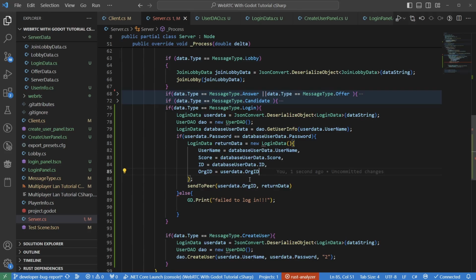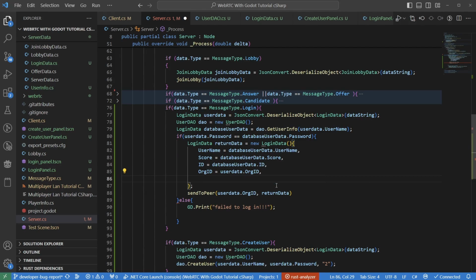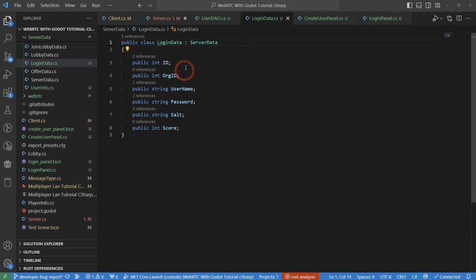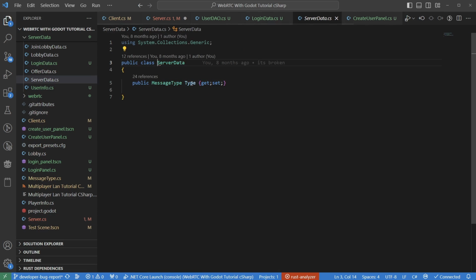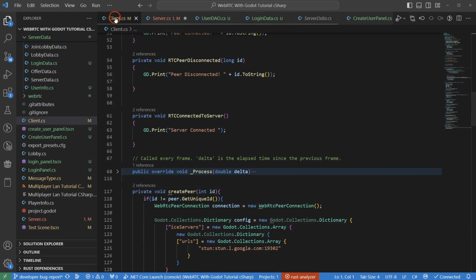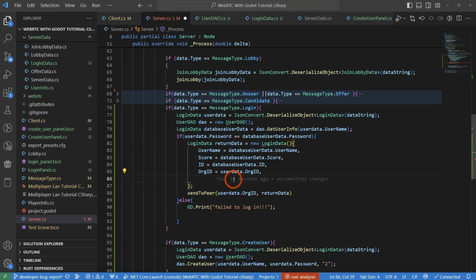And then we can basically do that. We might want to add in a message type as well, so that way we know what we are going to be sending back. So if we take a look at login data, go to definition, then go to definition, you can see it's just type. So we'll go ahead and pass that in. So capital type